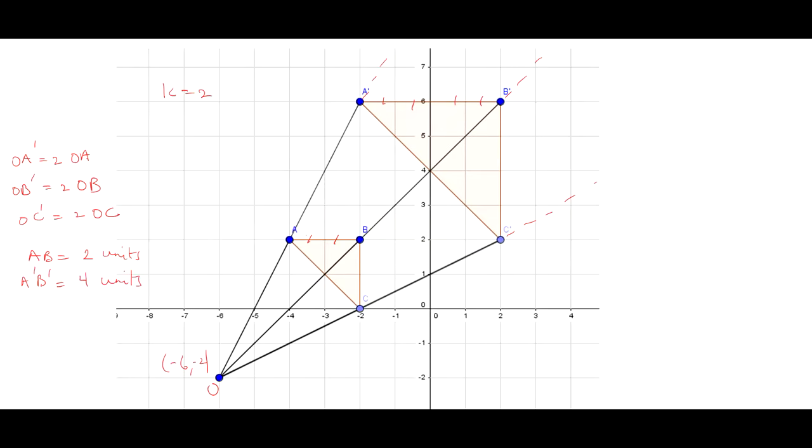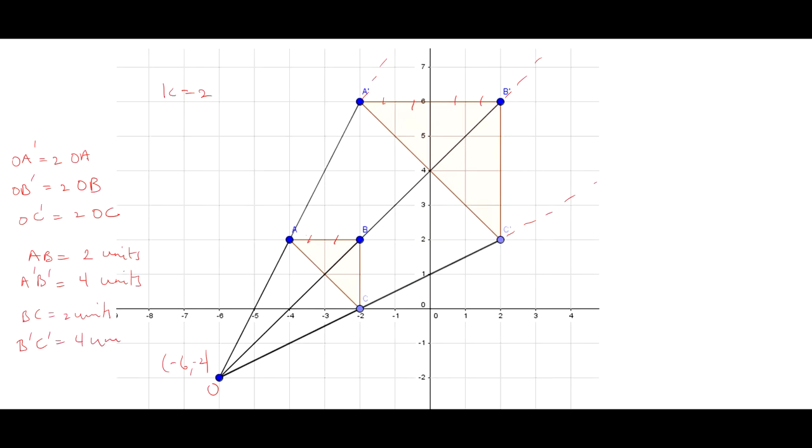So therefore, the length A prime B prime is twice the length of AB, right? And it's twice the length because our scale factor is 2. Each of the lengths is being multiplied by 2, right? BC is 2 units, so without even checking, I know that B prime C prime should be 2 times that,